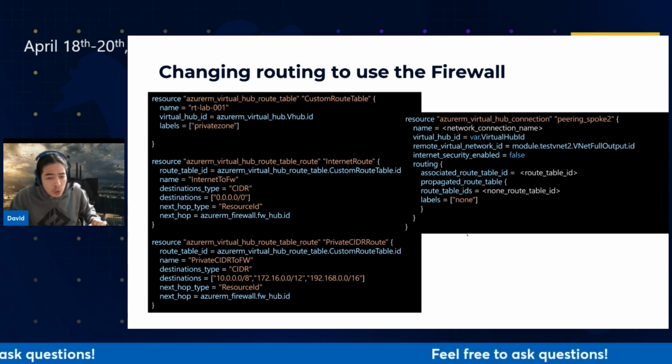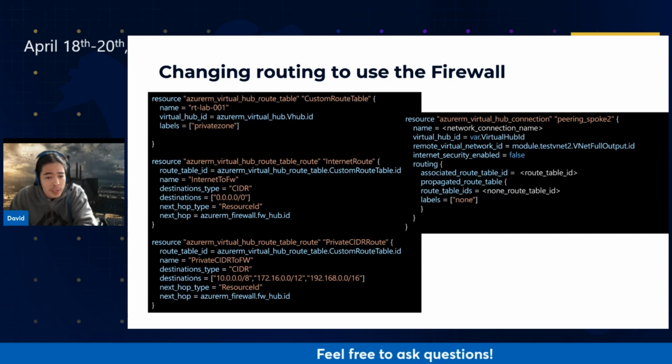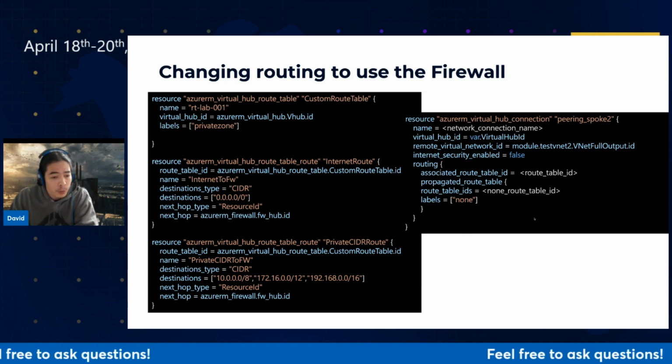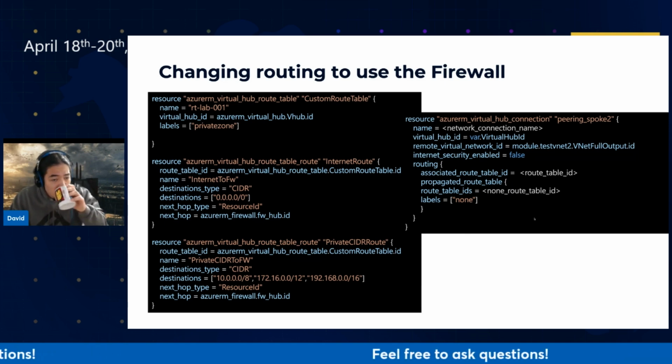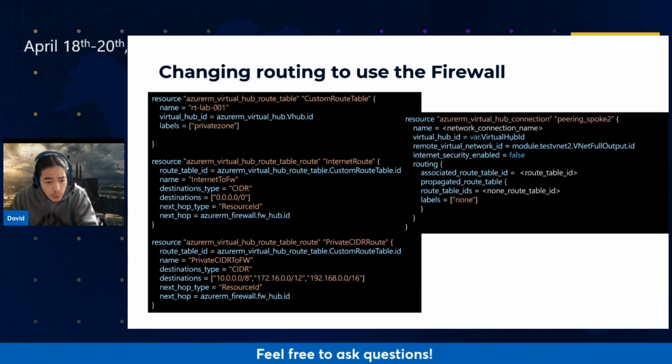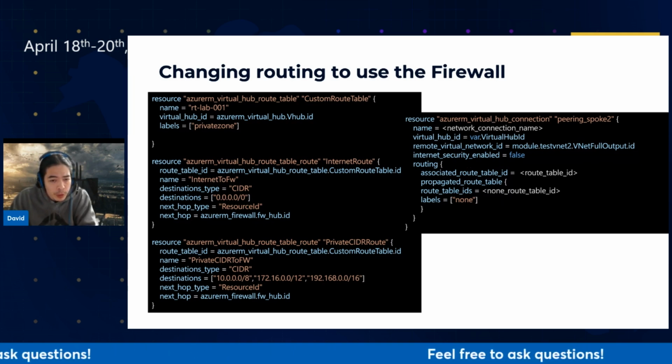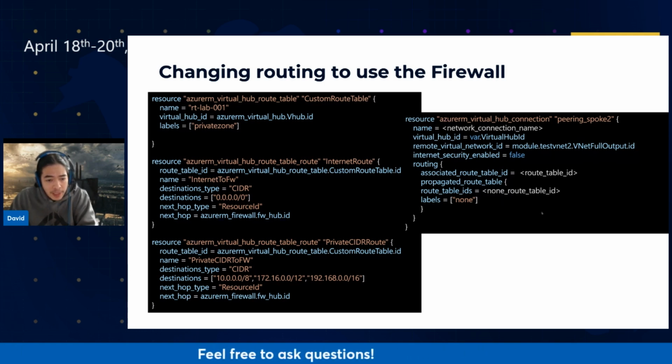Then you need to change the network connection. Again, here it is an extract of a Terraform configuration, but I will show you the result on the portal. You need to change the routing configuration of your configuration so that the peering, the routing, the network connection is associated with the new route table that you created, and you also